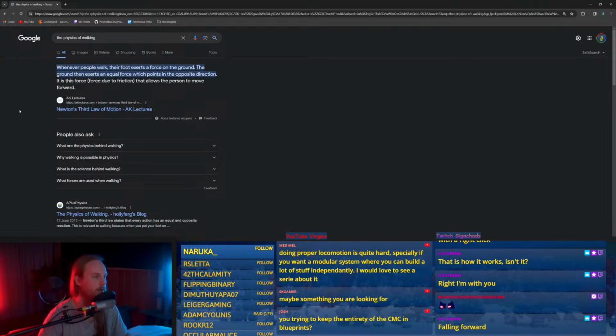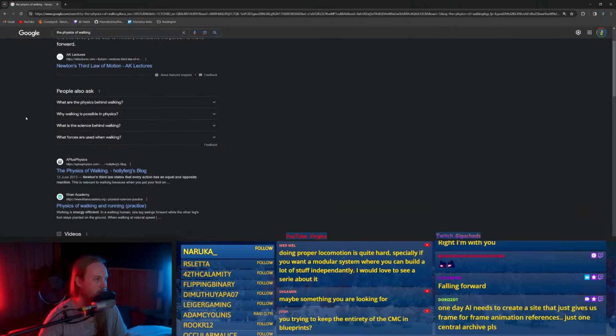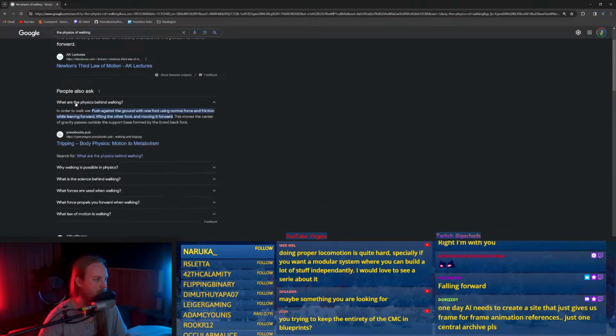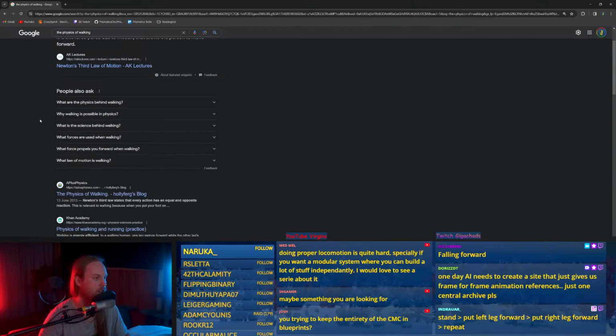Yeah, it's falling forward, exactly. Ground exerts an equal force in the opposite direction. Force due to friction allows the person to move forward. Yeah, whatever. But I want... using normal force and friction while leaning forward. Yeah, I don't care about the feet. I want the falling. In order to lean forward, are we... Because you can use your feet.